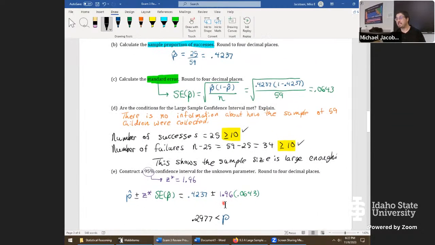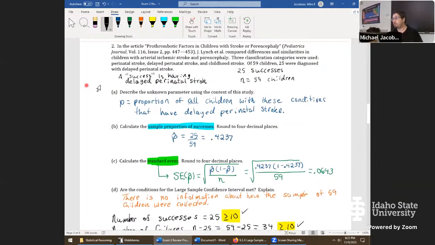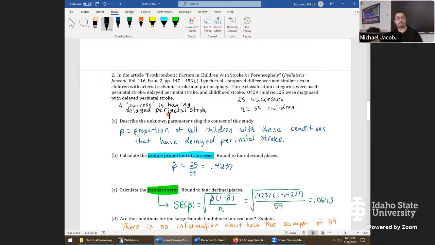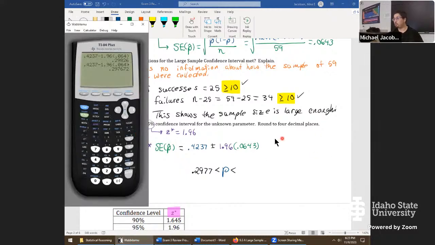Now let's take a look at the upper bound and see how much it varies there, probably by a good amount. And the reason we have so much width to our confidence interval is because the sample size just wasn't that large. It's at 59. And that's kind of unfortunate because some of these studies, you can't necessarily even get a large sample size if the conditions that we're looking at, I couldn't really judge, but they seem kind of rare. If they're rare enough, we might have to do a completely different method. There might not be enough children to get a large sample size. But if that's the case, we'll just do the best we can with what we've got.